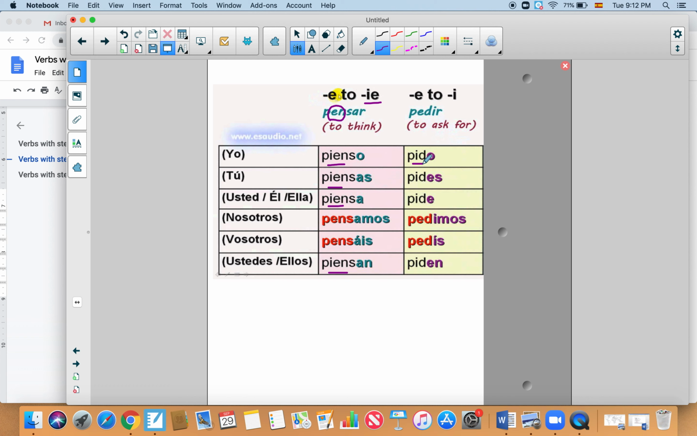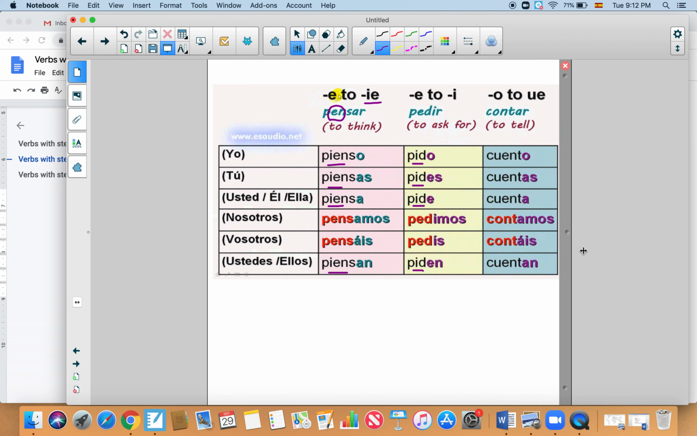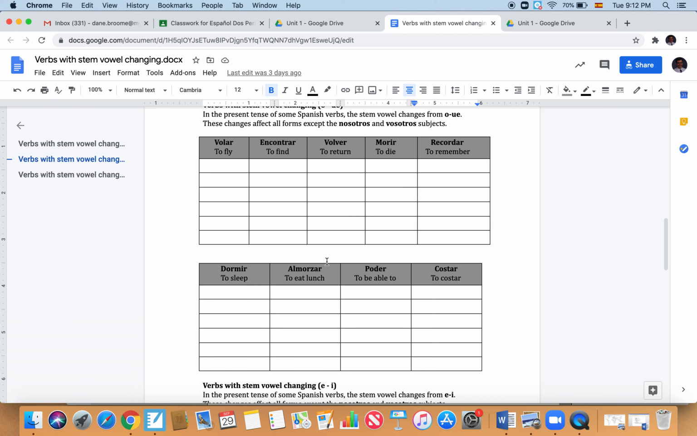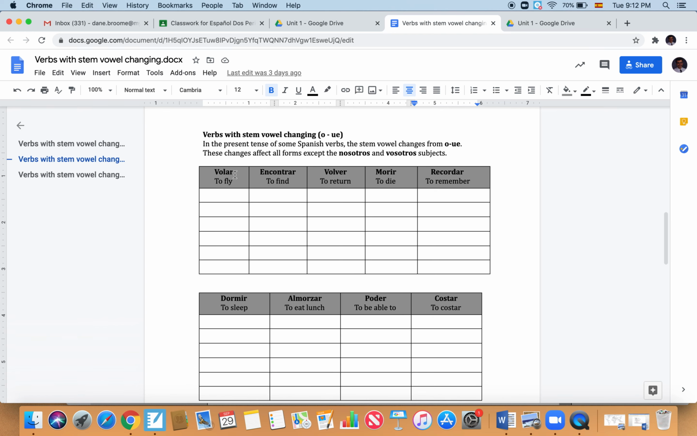So, pido, pides, pide, piden. But again, outside the boot, you don't have to change anything. Pedimos, pedís. So that is an example there of an E to I stem changer. And then lastly, we have the group of stem changing verbs that change from an O to a UE. So let's look at our list. We've got a couple rows of these. We have volar, encontrar, volver, morir,